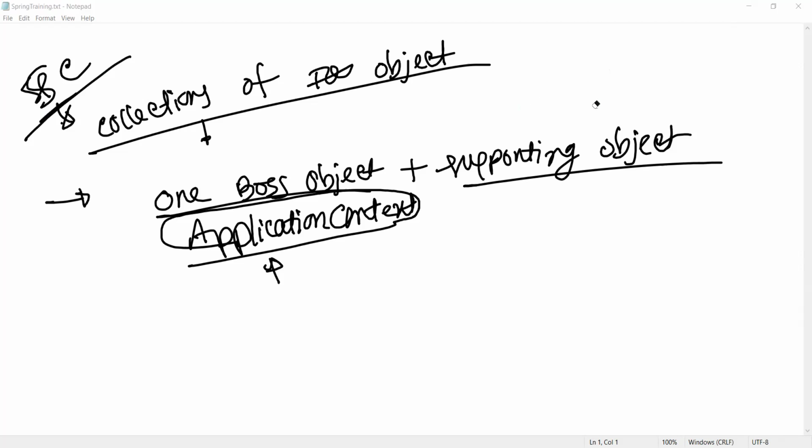Right now I am telling you that the one boss object is application context, right?